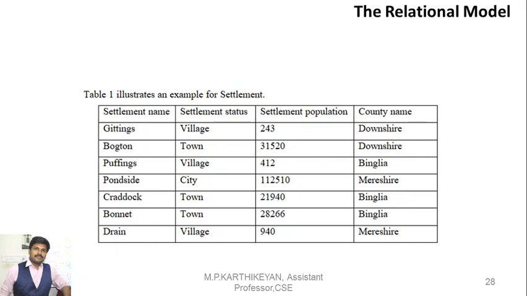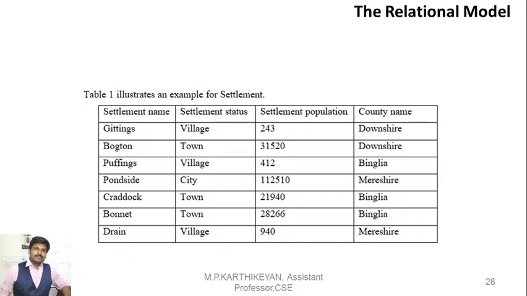The relational database model has a combination of rows and columns, where every row is a record and every column is an attribute. For example, a particular column like settlement name, settlement status, or settlement population is an attribute. That is a field actually. Fields are nothing but attributes, which are given as columns in a database. That field or column has the complete data about that particular attribute alone. So what is the attribute? Settlement population is that attribute. It has all the data available for that particular field alone. That is called a field.